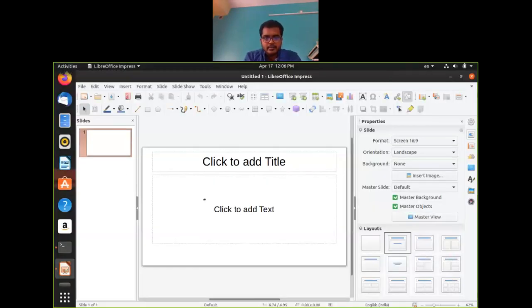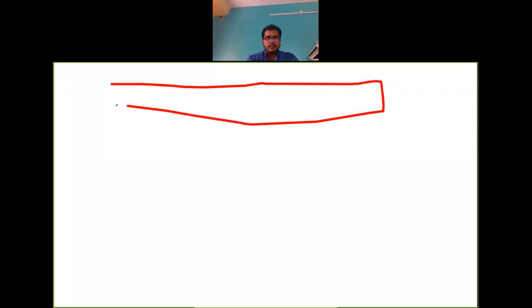Let me do it again. So as I told you, suppose this is our RAM or physical memory, and whenever you run a program, a virtual memory space for that program is created.